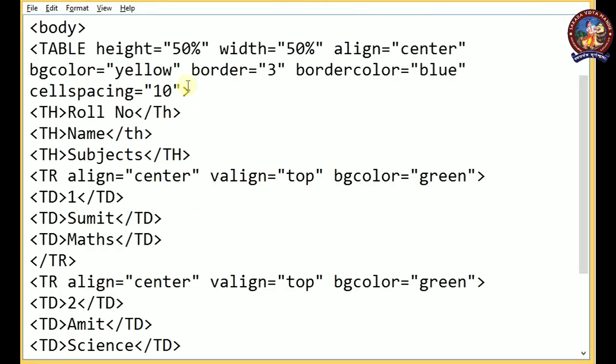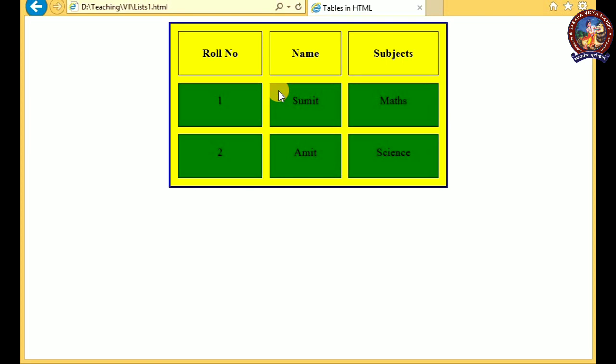Similarly, cell padding. If I give here the value 15 and refresh, after I press the refresh button you can see the content came a little bit downward because of the cell padding attribute. For this attribute we can give the space from the border to the cell content. So from this border, this border and this border, all around the border, the distance. It is actually at the top, but from the top a 15 pixel distance has been taken.